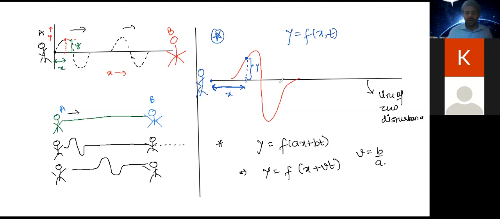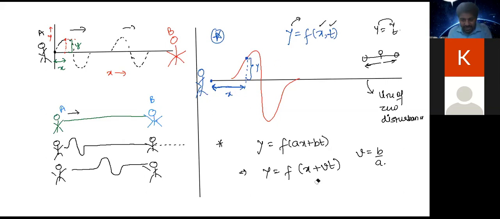So, Karuna, is your doubt clear? Is the concept clear now? Basically, the y value depends upon both x and t now, whereas in simple harmonic motion, y used to depend just upon t. So a particle used to change its position with respect to t alone. But now all of these particles are vibrating about their mean positions as the wave is traveling towards the right.